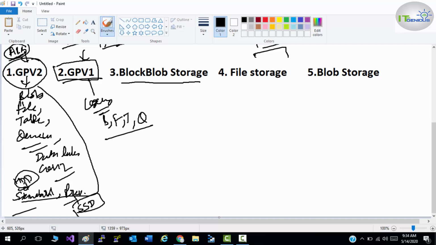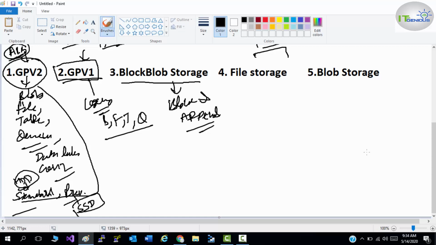Blob storage. Basically blob storage is used for storing your block blobs and your append blobs, so you will get the characteristics of both kinds of blobs here.